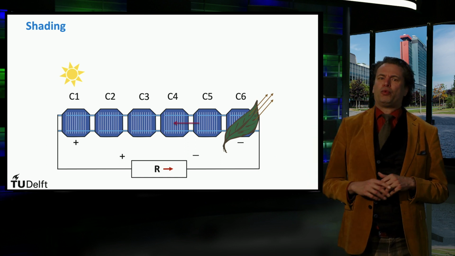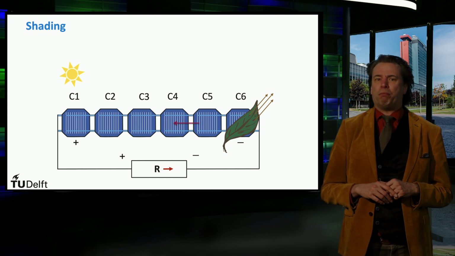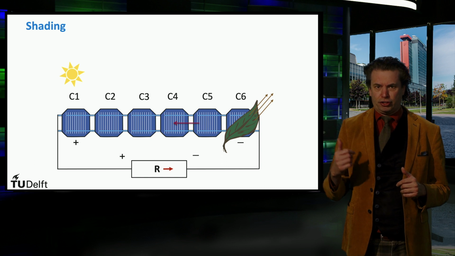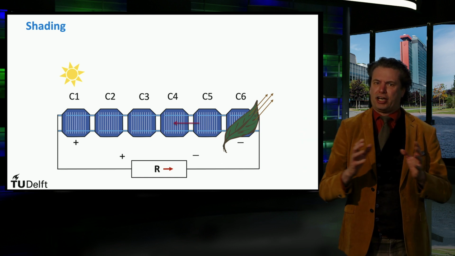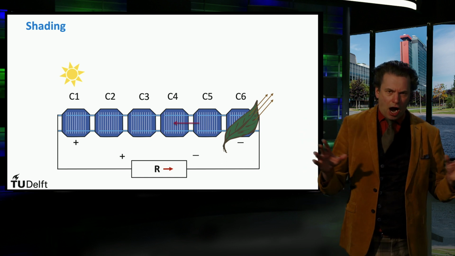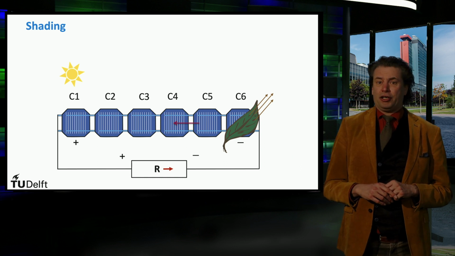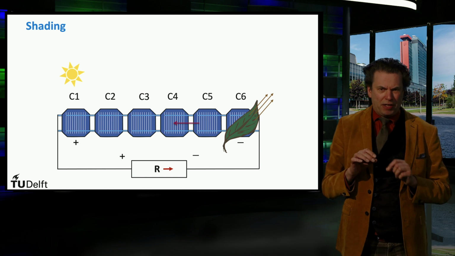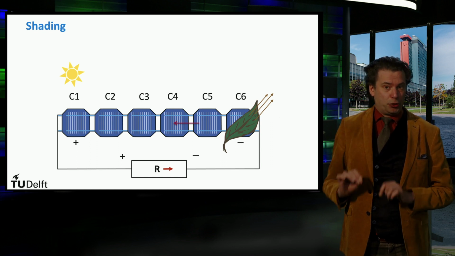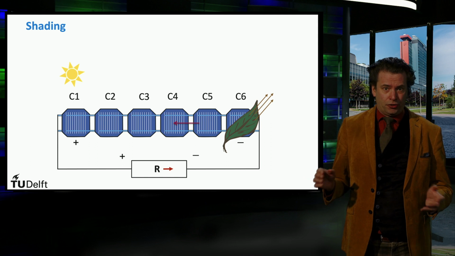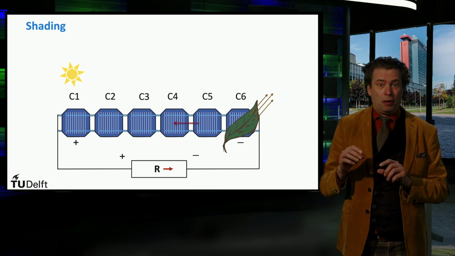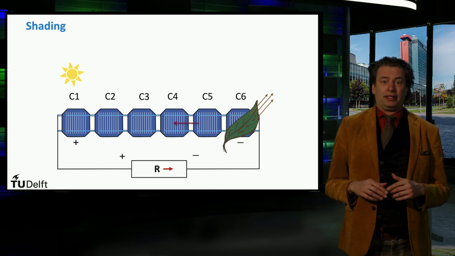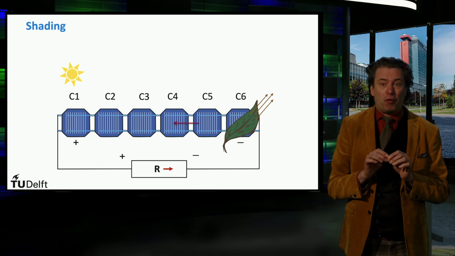Let's consider the situation in which one solar cell in the module is for a large part shaded. For simplicity, we assume that all 6 cells, part of this module, are connected in series. This means that the current generated in the shaded cell is significantly reduced. In a series connection, the current is limited by the cell producing the lowest current. This cell dictates the maximum current flowing through the module.